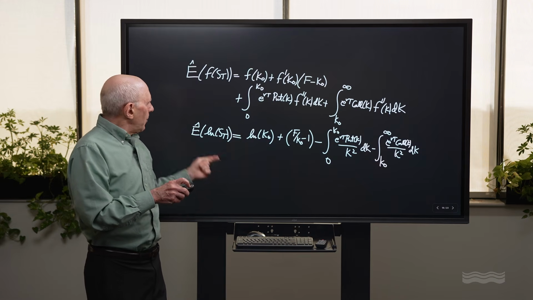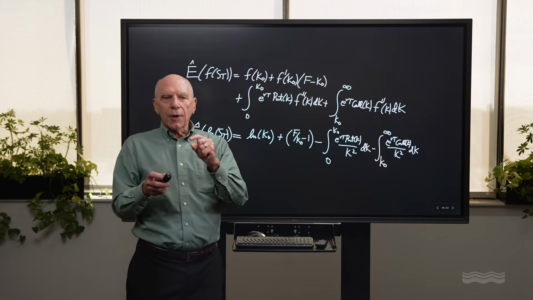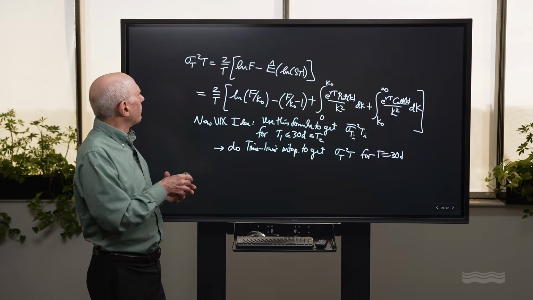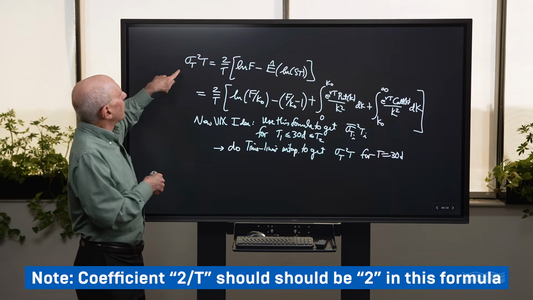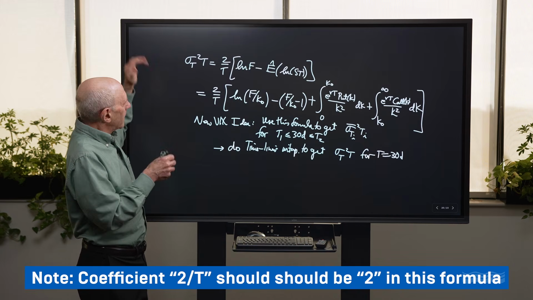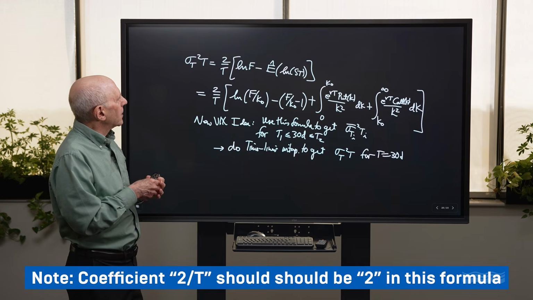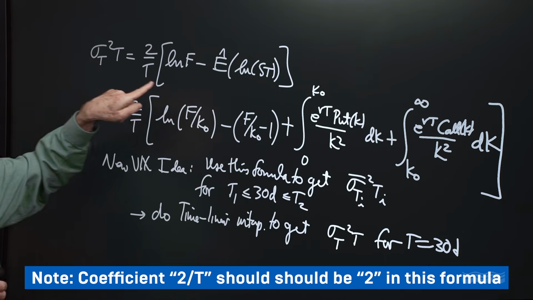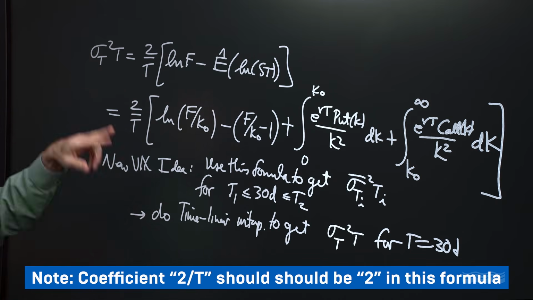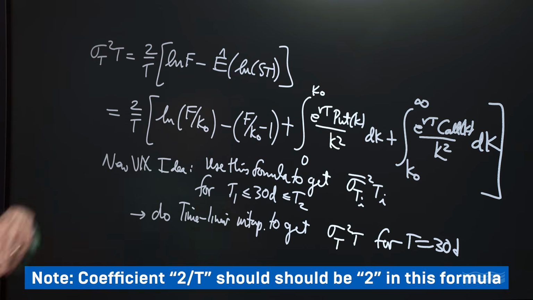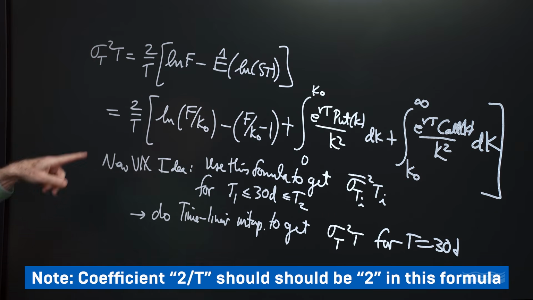And now we're ready to put this into our formula for expected future realized volatility, or variance. So here's our expected future realized variance. I left the bar off that. There should be a bar on there for averaged annualized volatility, but it's 2 over T times log F minus this expectation. So substituting in our newly found value for this via Carr-Madan, it becomes 2 over T times the log